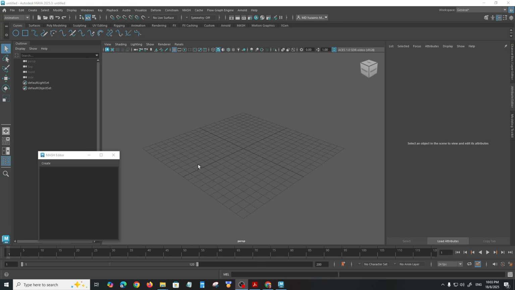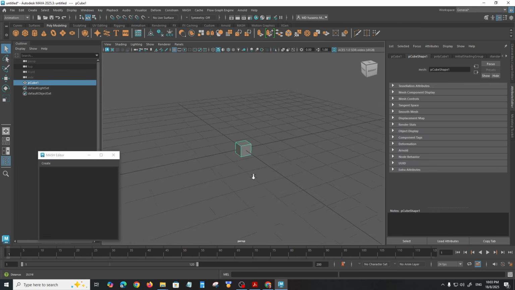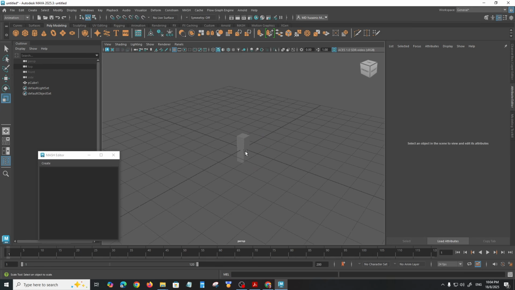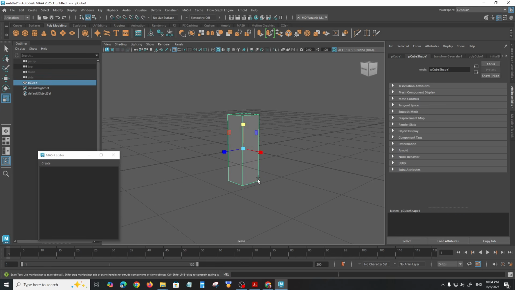Alright, let's cover the last topic, which is the curve node. Okay, so we need an object here, so I'm going to create this object, just make it longer, just freeze transform it. I'm going to adjust the pivot holding D and then move it down to the root of it,